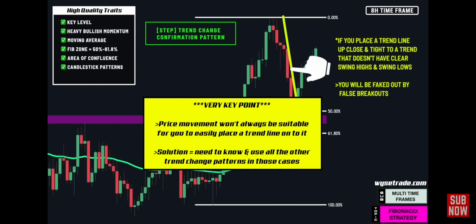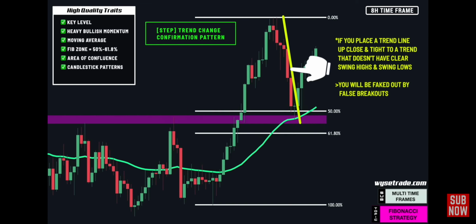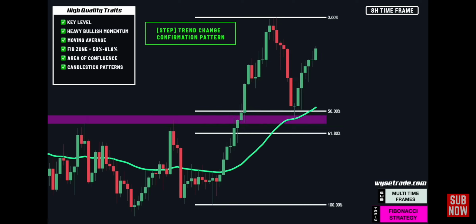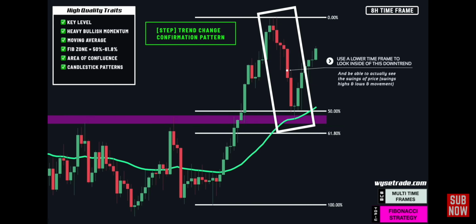Price movement won't always be suitable for you to place a trend line, hence why you need to know all the trend change patterns, which we will cover in a future video. But now for this particular case, how do we get around this problem of not being able to place a trend line? And here's what you need to do. We need to use a lower time frame where we can look inside of this downtrend and be able to see the swings and price movement of this trend, and then be able to look for price action that shows a trend change from a downtrend to an uptrend to confirm that the downtrend is over and that the larger uptrend can continue. So let's pull up the lower time frame, specifically the 1-hour time frame, and put it beside